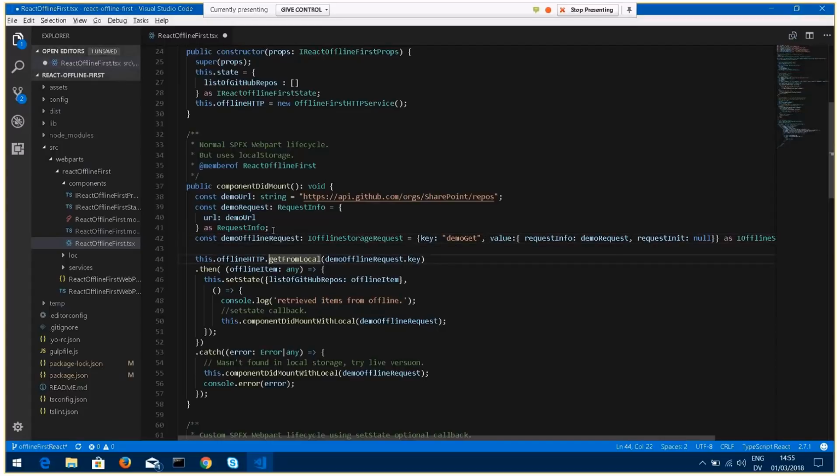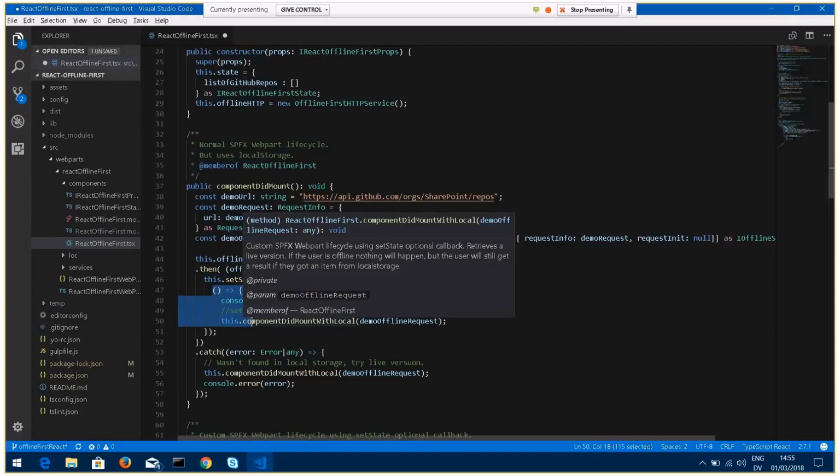So what we're saying here is we get from local first, and this is what offline first is about. It's retrieve it from local, and even if the user is not online, they still will see a result, and then we like to set state in React when we get the result. So we set the state. After the state is set, using the set state callback option, we then have a